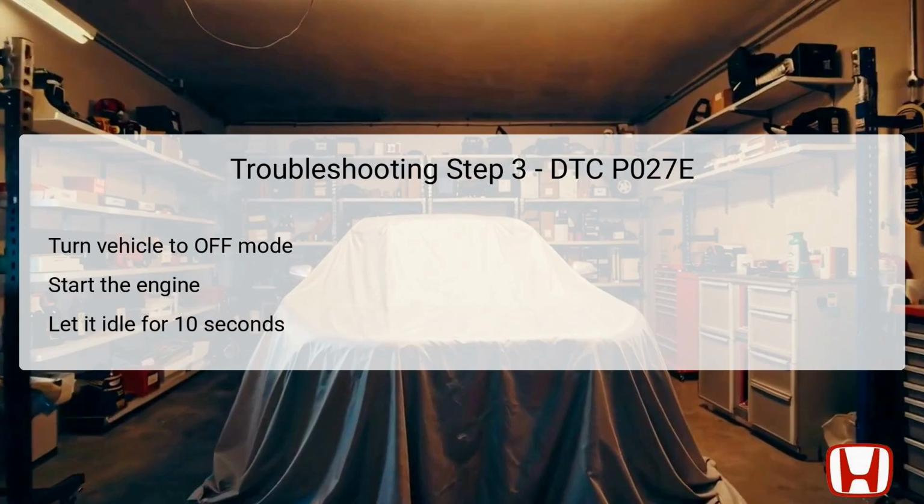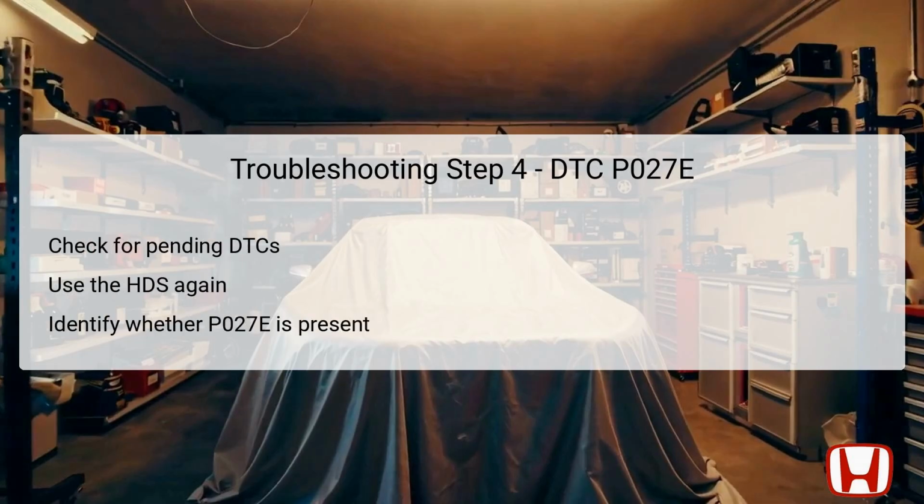Observing the engine's behavior during this period may provide further insight into symptoms, such as smooth idling or any unusual sounds that can hint at underlying issues. A thorough understanding of the engine's response during idle can offer critical clues in diagnosing the root cause of the problem at hand. After allowing the engine to idle, the next step is to check for any pending or confirmed